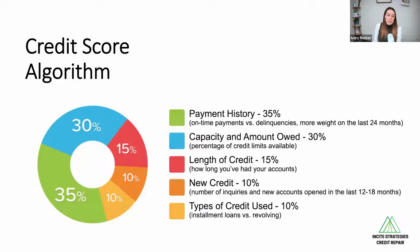and the average age of the rest of the accounts on the credit report is closer to 5 years or 4 years, or a lot of new accounts were just opened, you're going to see a detraction on the credit score because of that. New credit is one of the factors that doesn't influence the score as much, but tends